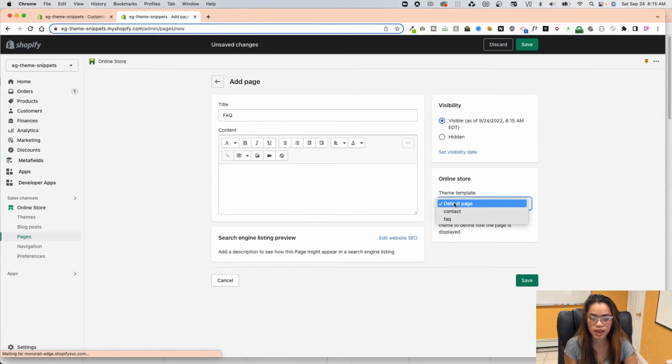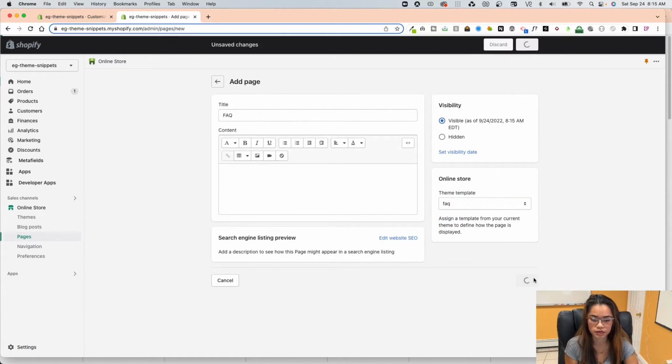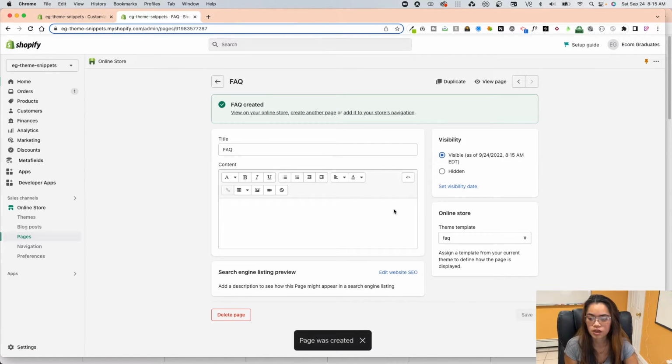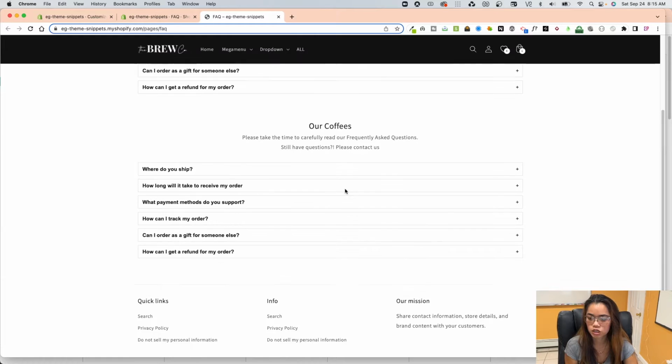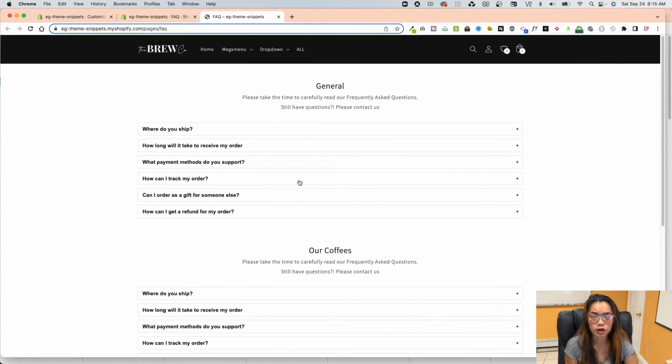in the title. And then right over here, this is where you assign your new custom page template. So this is after, or you can do this before. So I'm just going to assign this to FAQ, the new one that I just created. I'm going to click save, and it takes Shopify a little bit to update, because it does take a little bit for Shopify to update. But here is the new page, and it doesn't have any of the other content except